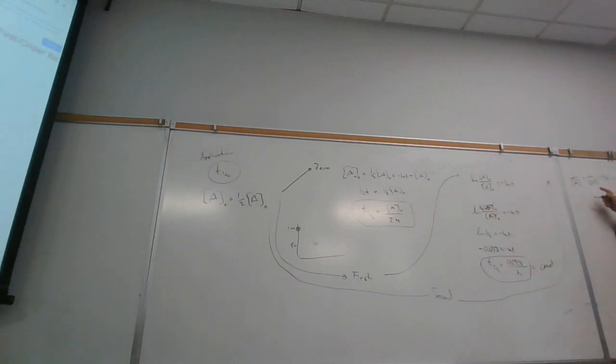So I'm dividing by a fraction, so I'm going to invert and multiply. So I'm going to get 2 over A0 is equal to kt plus 1 over A0. So I'm going to go 2 minus 1, which gives me 1. So I get 1 over A0 is equal to kt, and t 1/2 is equal to 1 over k A0,